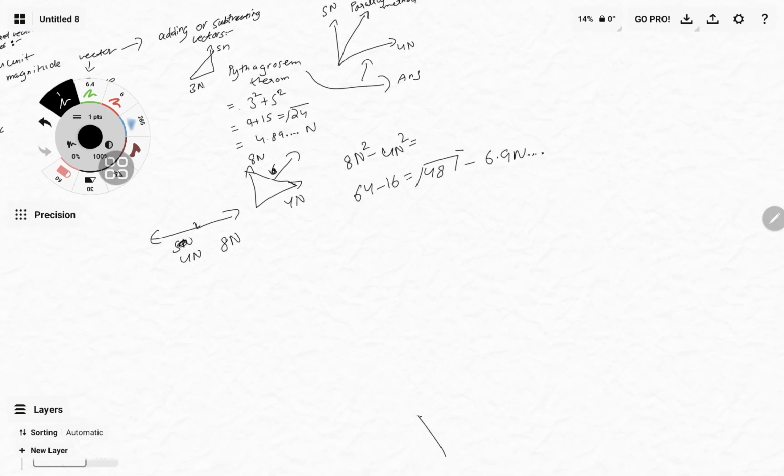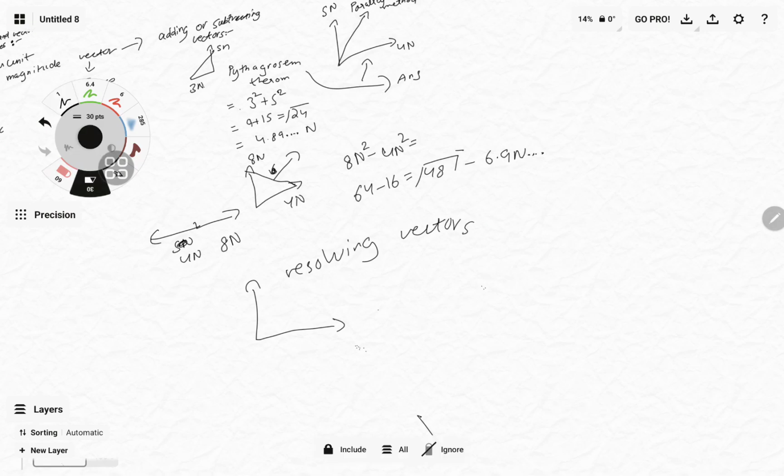Next we have resolving vectors, which is a bit more complex, but it's graspable. You can understand it. Resolving vectors. So yeah, for vertical vectors, we have